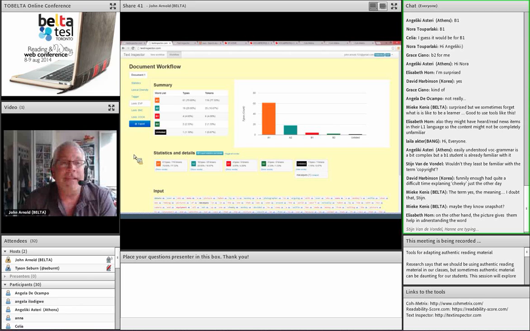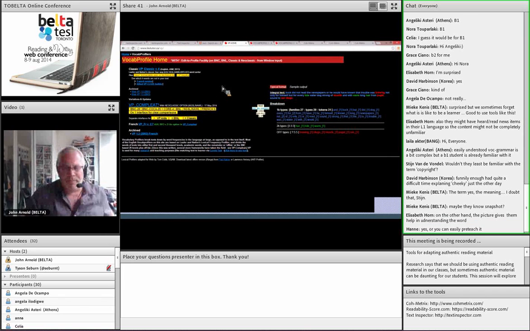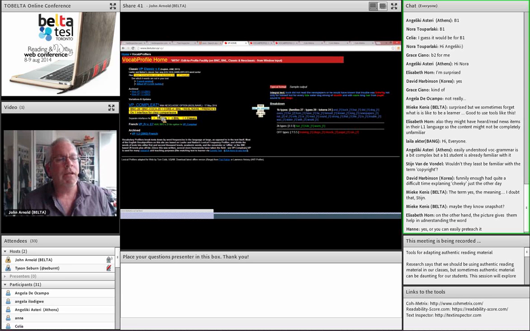So that's nice. The other site that gives you a nice analysis is the Lex Tutor from Canada, the Vocab Profile home. Here's the front page, and you can go into it a couple different ways. There's the classic mode, which is the old version, or the new version, which allows you to choose how you want to analyze your text in terms of the British National Corpus, the combined British National Corpus with the American corpus, whatever you want to do. It works the same way.